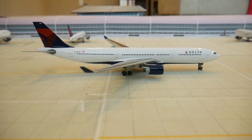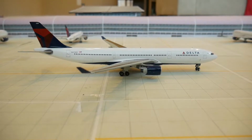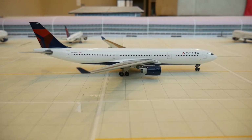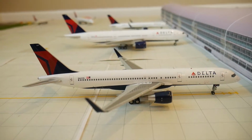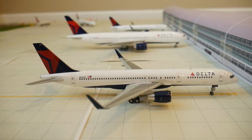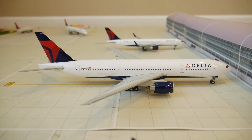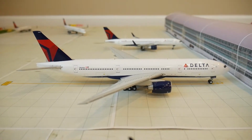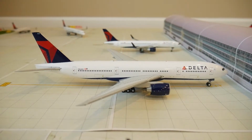Here we have this beautiful Delta A330-300. He just arrived from Paris, and he's going to do a turnaround flight later out to Amsterdam. Here we have this Delta 757-200. He's going to be heading out to San Francisco. Next up, we have this Delta 777-200ER. He's going to head out to Los Angeles, and then he's going to do a turnaround flight from Los